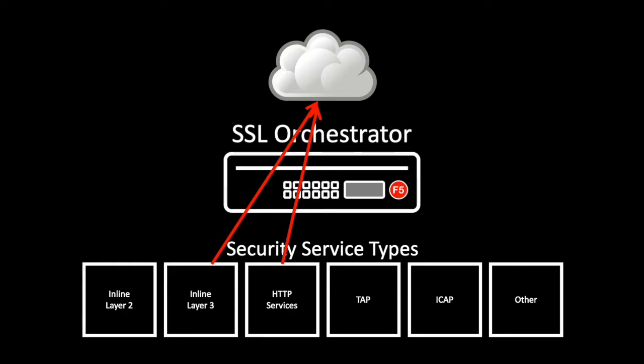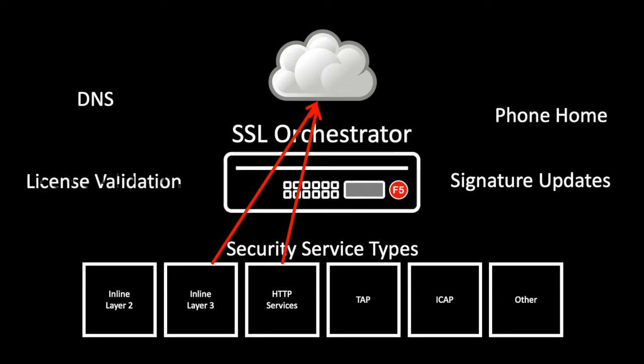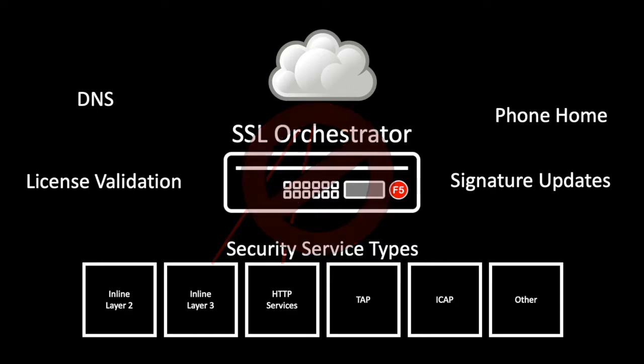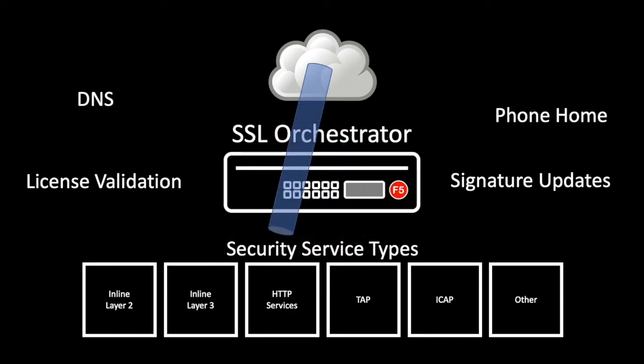For example, an explicit proxy would need access to DNS. Malware detection devices would need to be able to update signatures, and many security products require phone home access to validate licensing. However, SSL Orchestrator is not designed to allow these devices to use its traffic path to reach these resources. In these cases, it is necessary to create service control channel pathways to allow device-initiated traffic to egress to